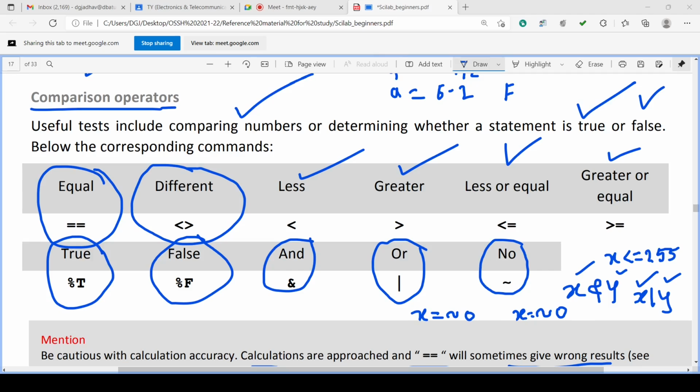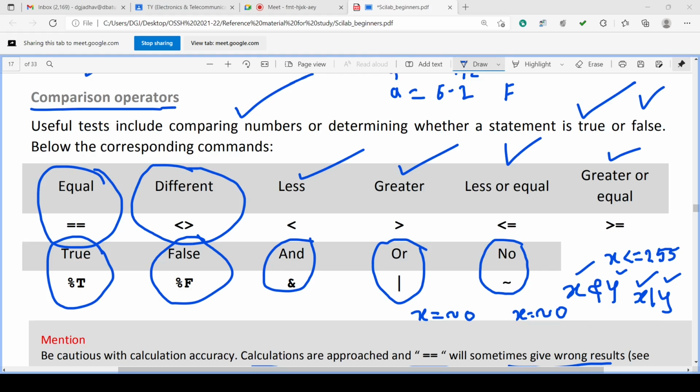Comparison operator. Operator means it operates. It does the operation. What is the operation? Putting the value in the variable. What is the other operation? Comparing two values. So there is some computational operation that the computer is doing. What is that operation? One is assigning the value to the variable, putting the value into the variable, equating the value to that variable.